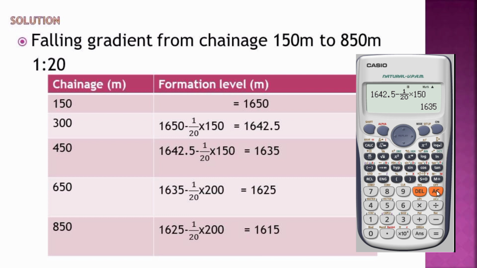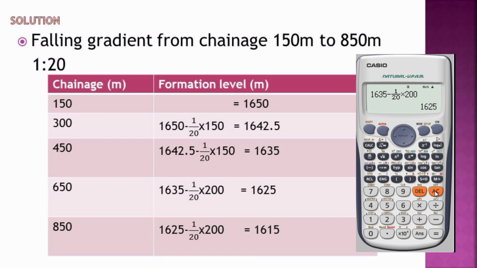The difference between my 450 meter chainage and 650 meter chainage is 200 meters. That is the distance I'm going to cover there. So we have the formational level of the previous 1635 minus 1 over 20 times 200, getting my answer as